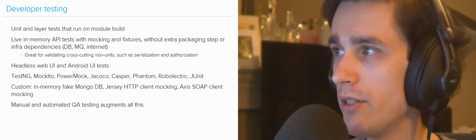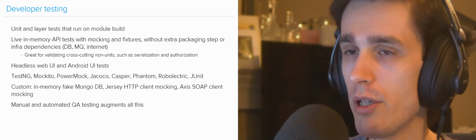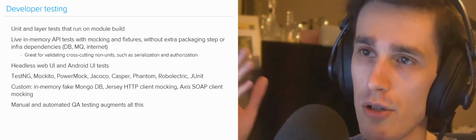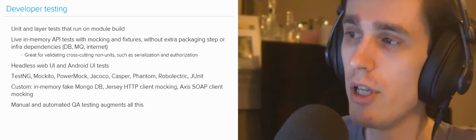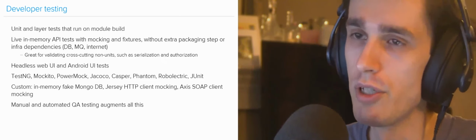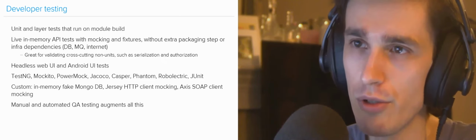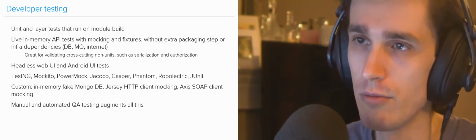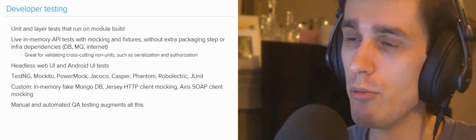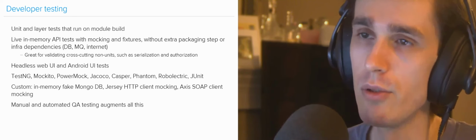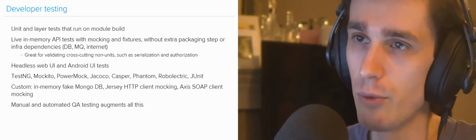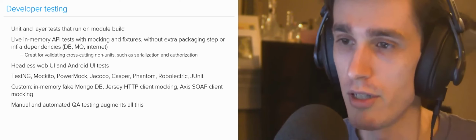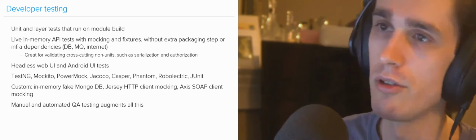It's really good for validating things that aren't suited to unit tests, such as serialization, which is, did you set up your entire REST stack correctly? Authorization, did you set up your entire authorization stack correctly? Those aren't units, they're much bigger than units. They can be broken along at many different constituent units. So being able to test all of those gives you confidence that you wouldn't get from, well, I have 4 units and 4 unit tests and they all pass, so there are probably no problems once we combine and compose them. This allows us to do everything